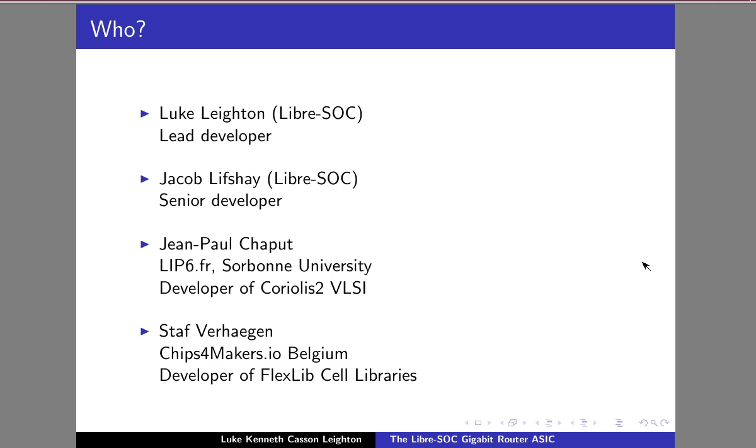Who is involved in this project? Myself, Luke Leighton, lead developer of LibreSOC. Jacob Lifshits, also a member of LibreSOC, senior developer. Jean-Paul Chaput from LIP6, part of Sorbonne University. He's the developer of the Coriolis 2 VLSI toolchain, who will be handling the creation of the layout and improving the actual VLSI tool itself if it needs to be able to handle the size and scale of the